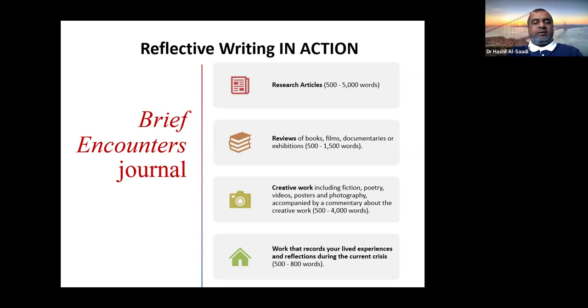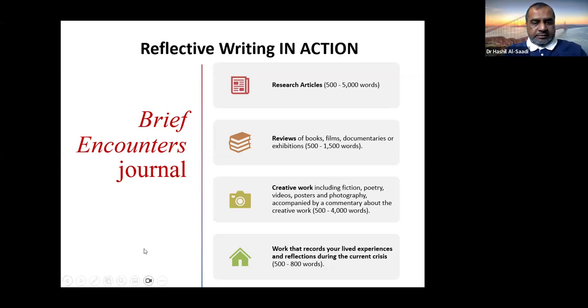We thank them for being with us here today and for being so proactive in giving the chance to our students, ourselves as well, to write something about the situation going on. This journal is Brief Encounters, and they are offering a special issue. So students, what can you write down for them? How can you contribute? How can you connect to the outside world? How can you be part of us? How can you be part of the journals, of everyone else?